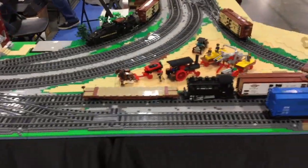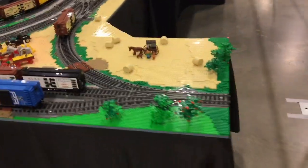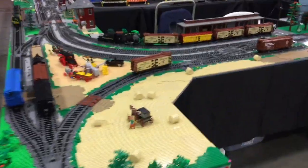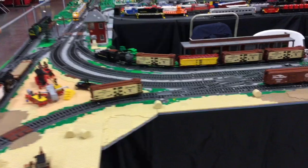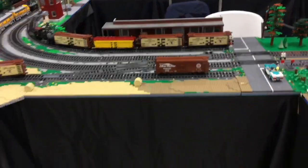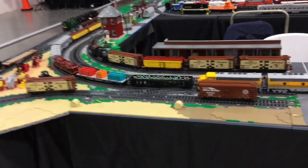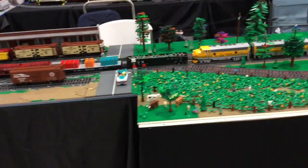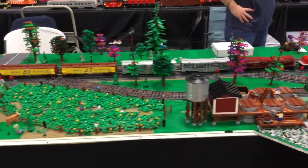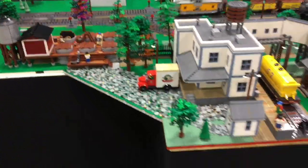If I had known it was going to be this hard to stream, I would have done just videos earlier. But, you know, it is what it is. Oh, here we go. There's the train. Woo-hoo. So well done. So many just neat things that are models, but they're Lego design models. So